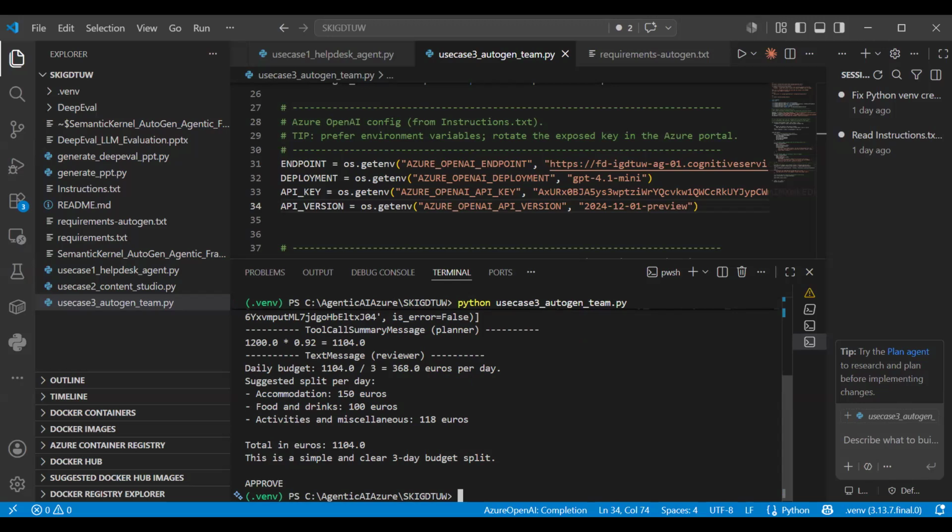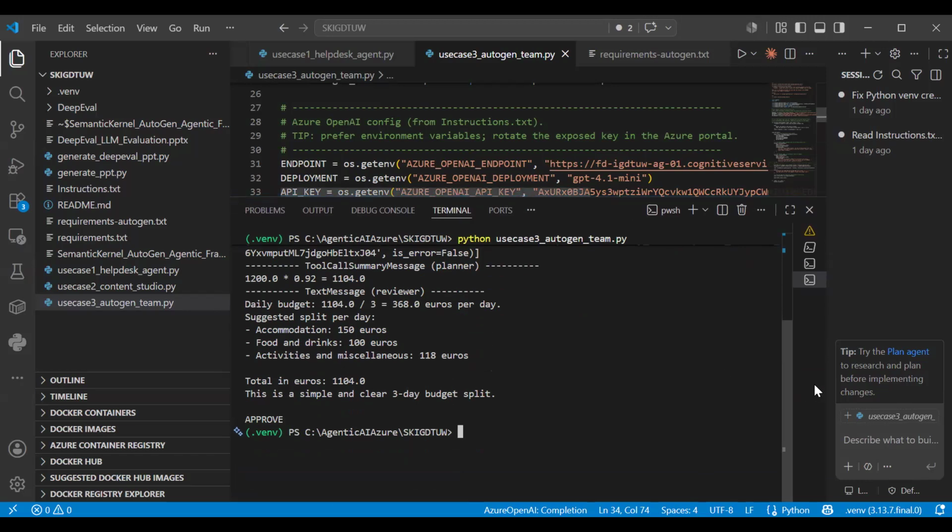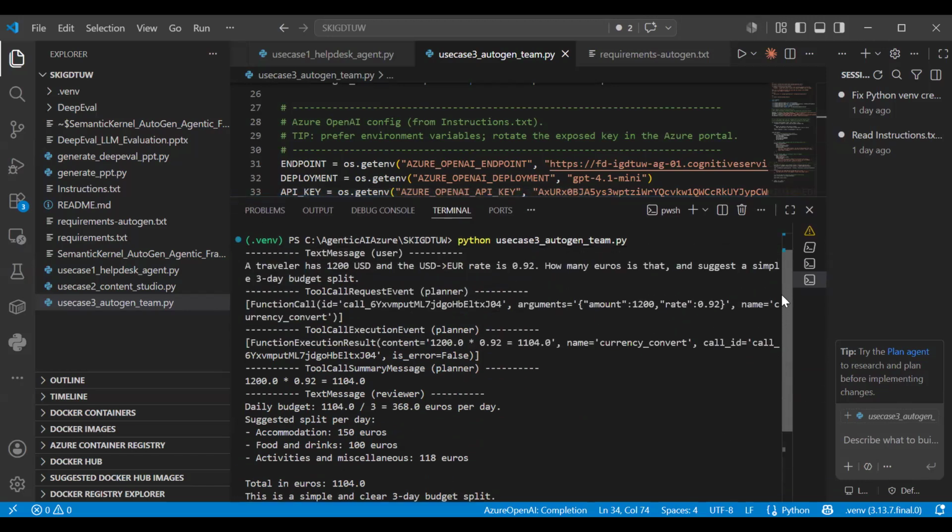Okay, now we got a response. Let's see what response we have got. One scroll up. If you go up, let's see what it is saying.